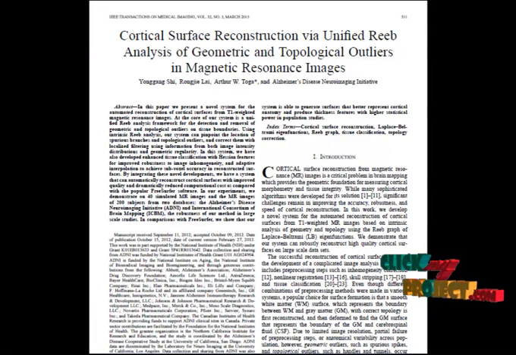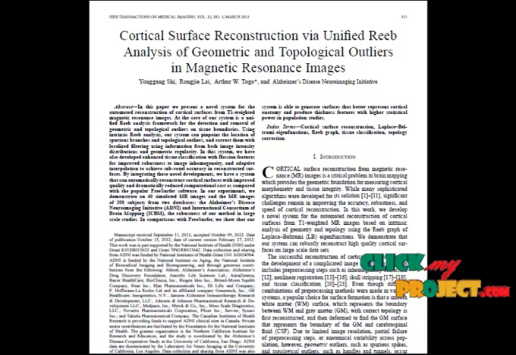Now let's see about the abstract. In this paper, we have developed a novel system for automated cortical reconstruction from T1 weighted MRI images. In this work, we focus on the reconstruction of the white matter and gray matter surface. Here we used a surface evaluation algorithm for finding gray matter and white matter.